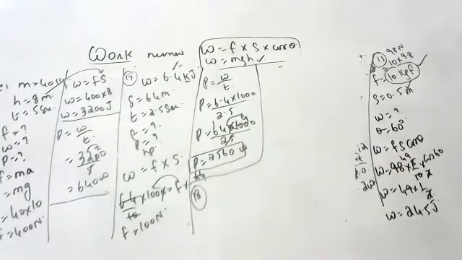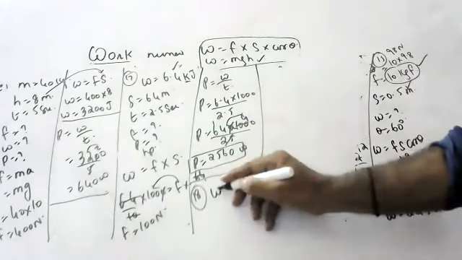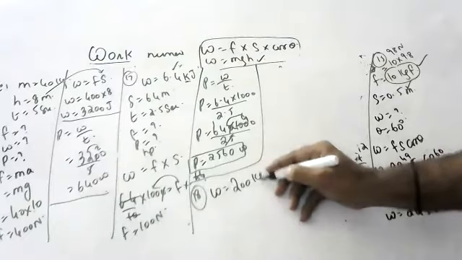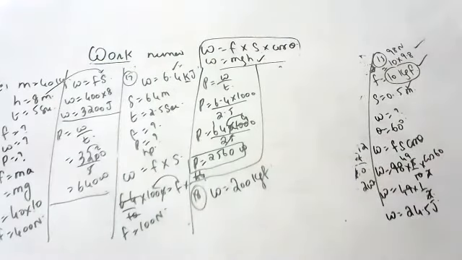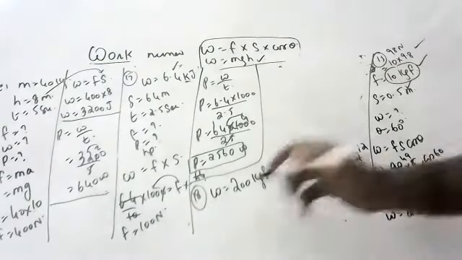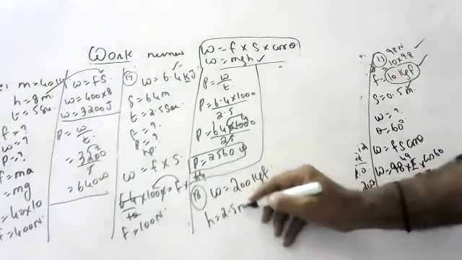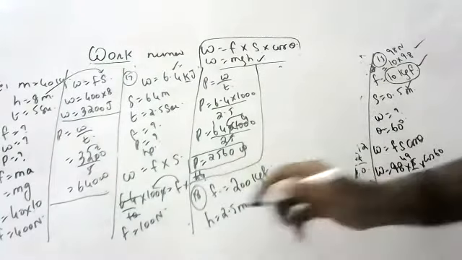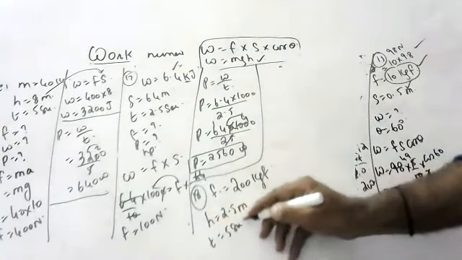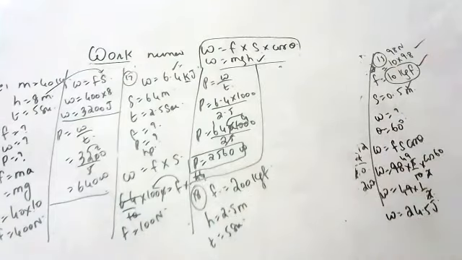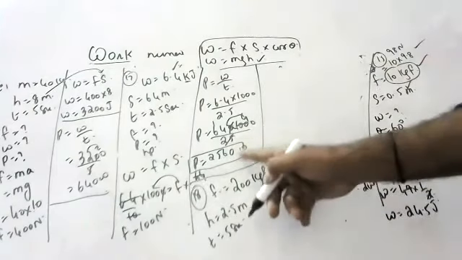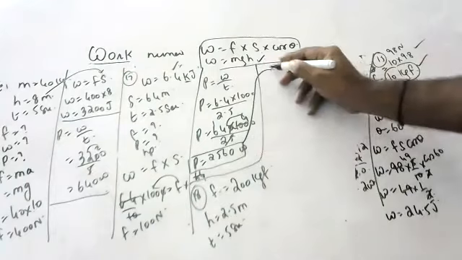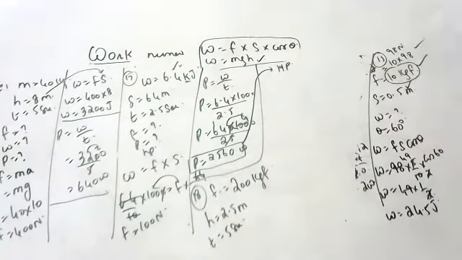So 18th question. A man lifted a load of 200 kgf to a height of 2.5 meters in 5 seconds. Kgf means weight, mass, children. This is force. Question is, find the work and power. In the last question, children, I forgot to say he wanted it in horsepower. How to do that, children, in horsepower?